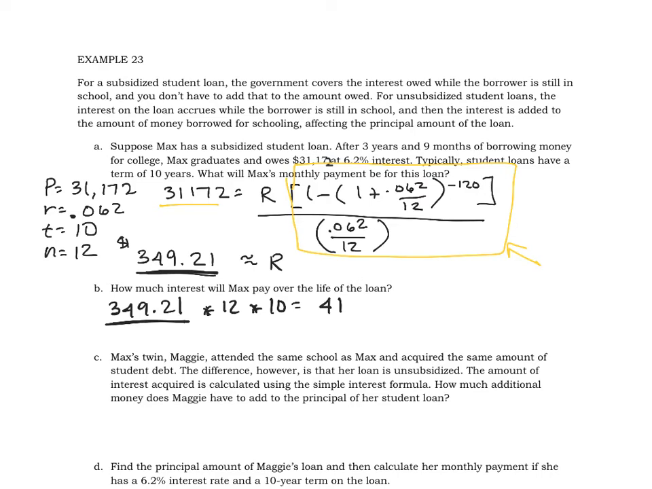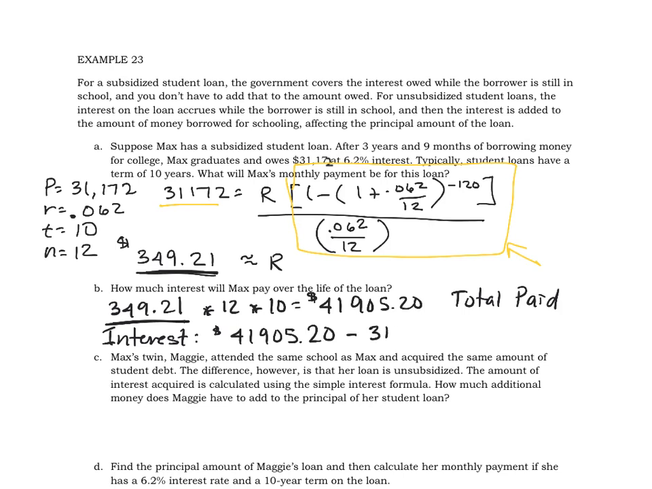So that means he will pay a total of $41,905.20. Again, that is his total paid. So to get the interest, you'll notice that that is different from how much he borrowed. So that should be the difference from the total that he paid. Remember that total paid includes the principal, and that's how much he borrowed, and the interest, the fee for borrowing the money. So let's subtract the original amount borrowed,